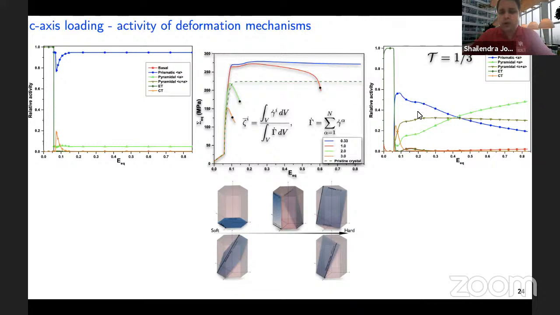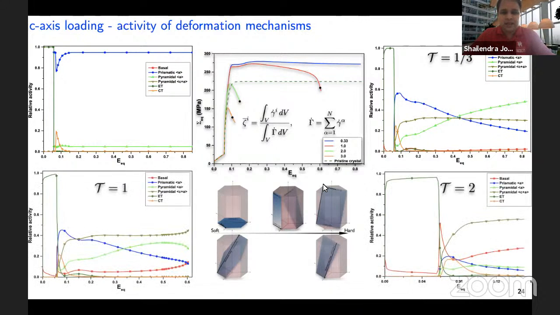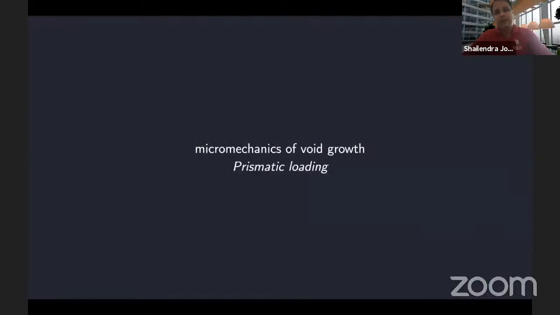But when you go to the voided crystals, you start seeing a rather rich landscape of deformation mechanisms that get activated after twinning is complete. Twinning is still the most important mode because it's soft, but what kind of deformation mechanisms occur around a void after twinning is dictated by the stress state. And the higher the stress triaxiality, the richer the landscape is in terms of the interaction of different deformation mechanisms. So that's the macroscopic part, but what happens really around the void?